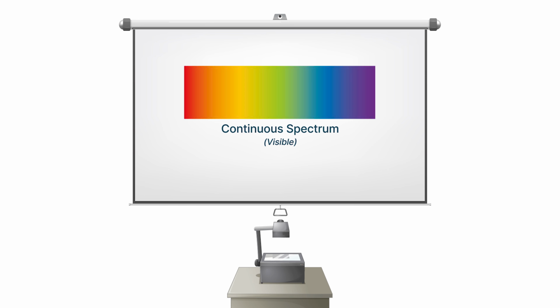Energy transferred by visible light fuels all life on our planet, but of course all forms of electromagnetic radiation transfer energy, since they're waves. If we put a thermometer beyond the red end of the spectrum, you will see the temperature increase quickly. The point is that light can transfer energy, and as we shall see, this energy can be absorbed by and